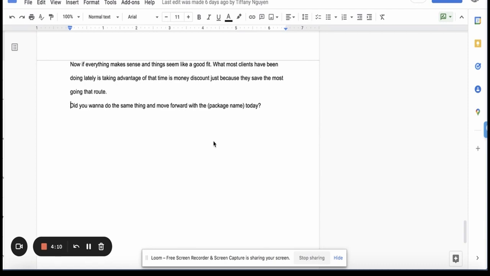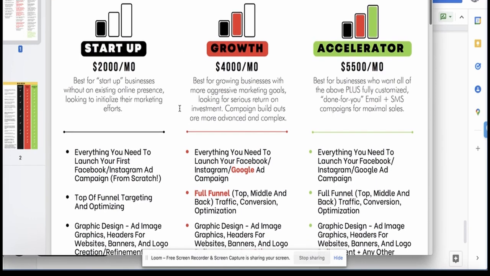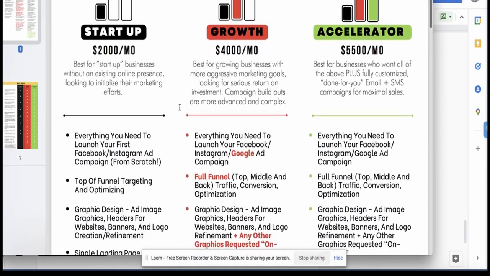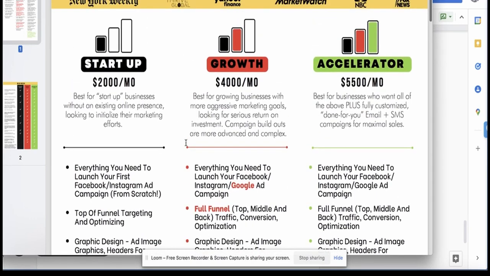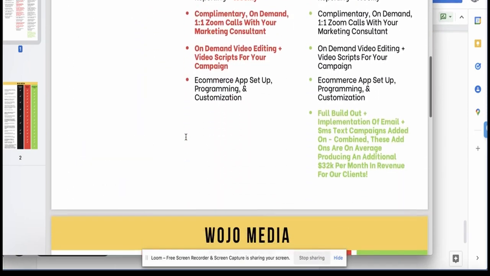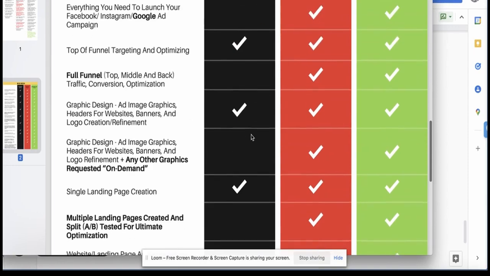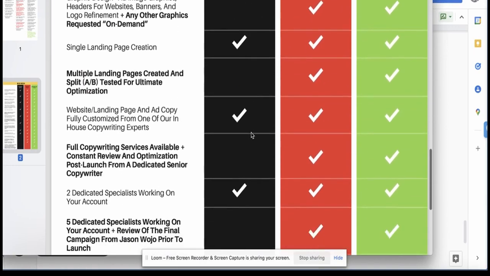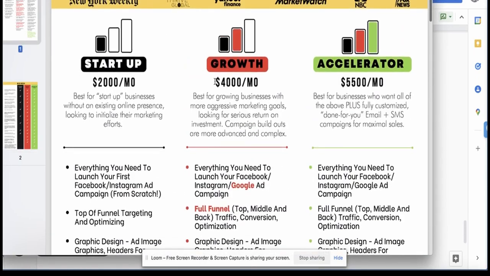And when you do reveal the price, you want to have like tiers. And I want to go over the tiers real quick. So right now I'm going to show you the tiers, right? And this is what we have. We have startup, growth, and accelerator, right? And then we'll give them all the deliverables, everything on the call, and we go through all the deliverables with them on that Zoom, and then we basically will sell them on what we think is like the best action possible, right? And they see these prices, and they're saying, 4K, 5,500, whatever the case may be. That's where we give them the fast action discount.